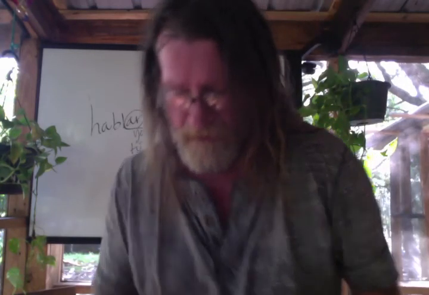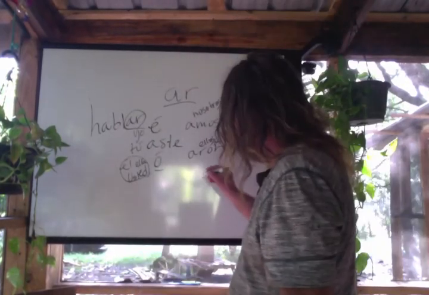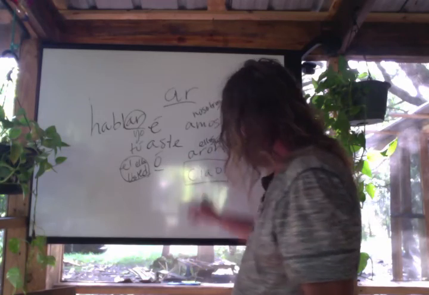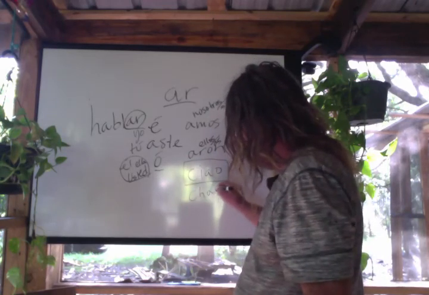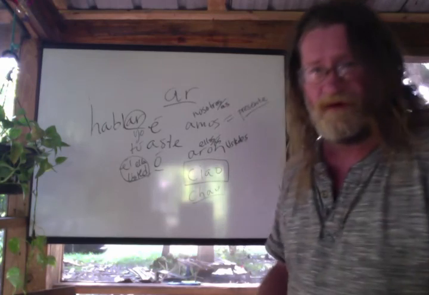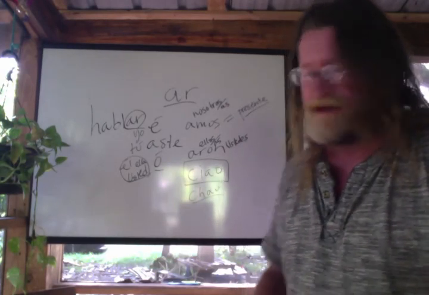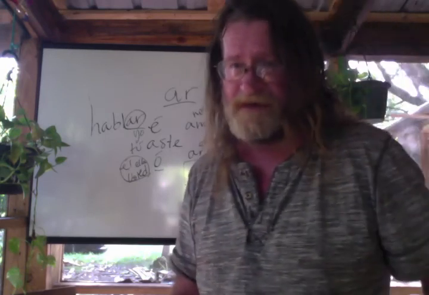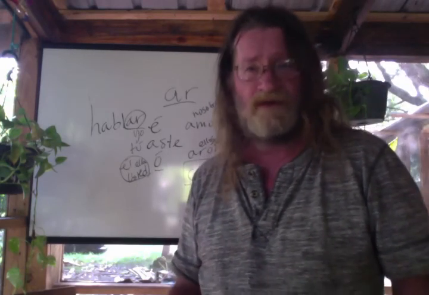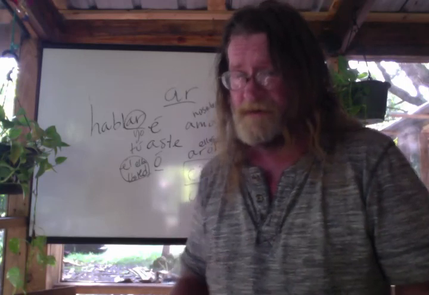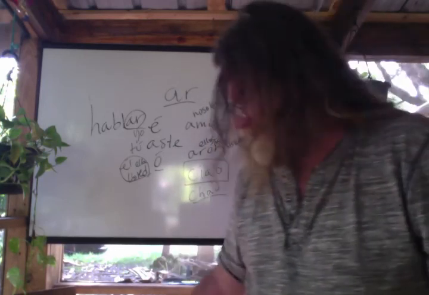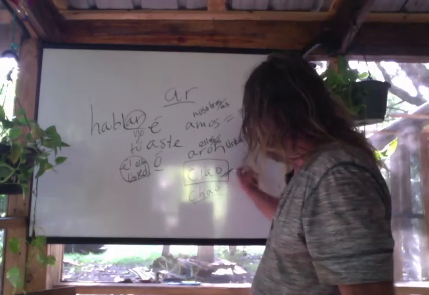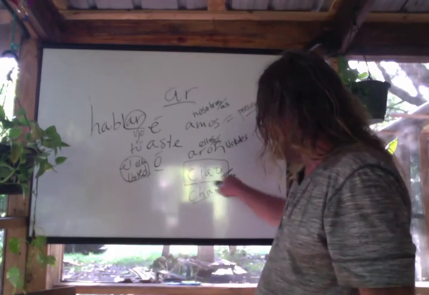Oh, by the way, ciao comes from Italian, but ciao is used all the time in Spanish as well. So this is how we spell ciao. Your book has it wrong. Your book says this. But when I got back from South America and I took a Spanish class and I wrote ciao that way, because people use ciao all the time down in South America, my professor told me that's how it sounds, which apparently these authors of the book didn't get the memo. But it's Italian, so keep the Italian spelling.